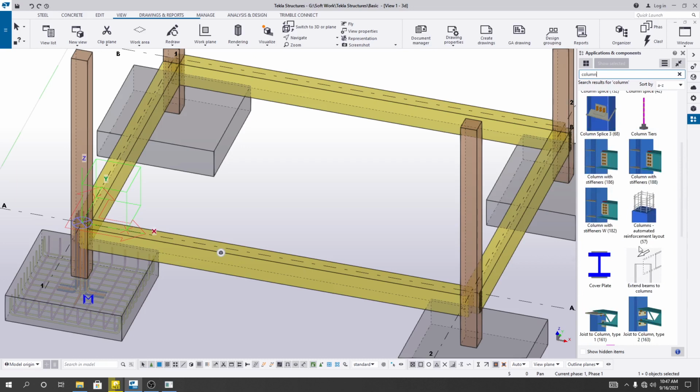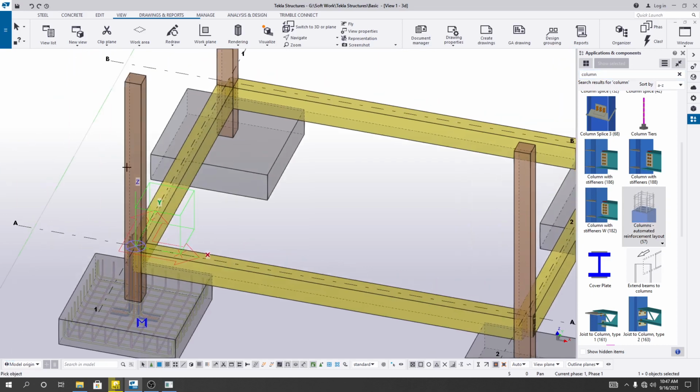Here 57, I will use that option 57, columns automatic reinforcement. Okay, columns automated reinforcement layout, I'll select that one, and after that it's telling us to pick object. So I'll simply click that column